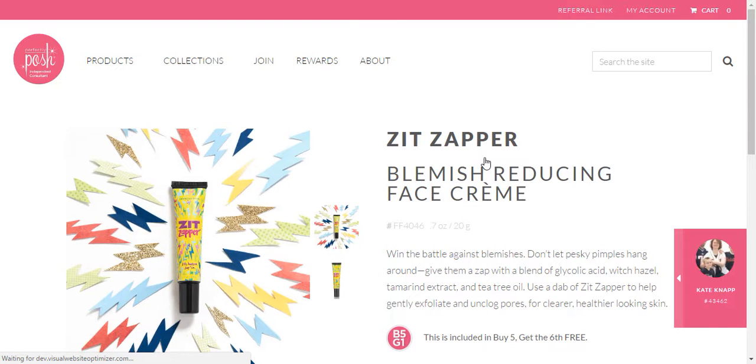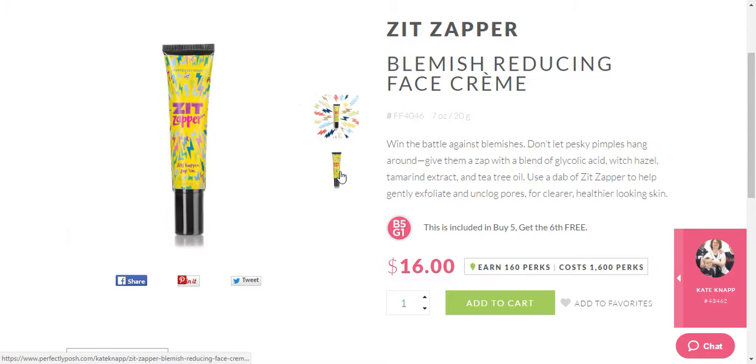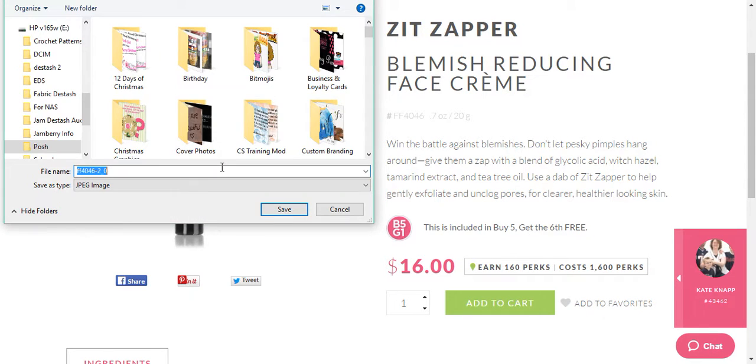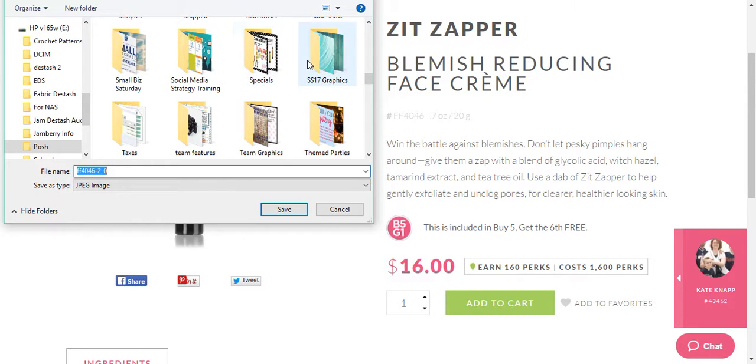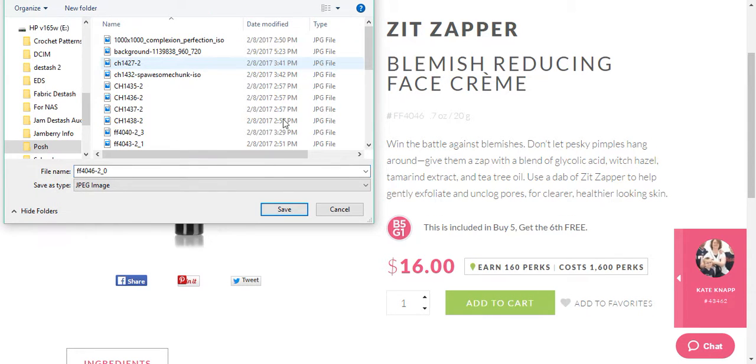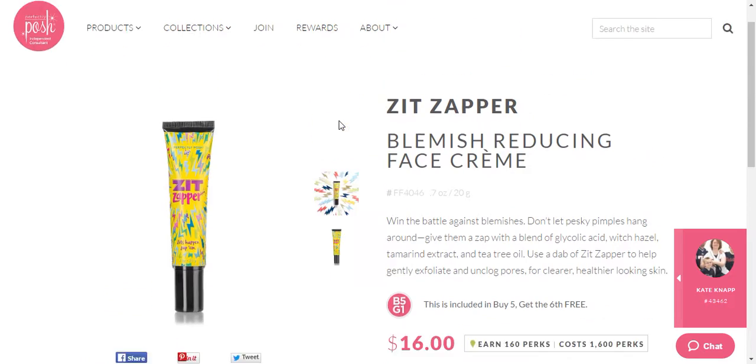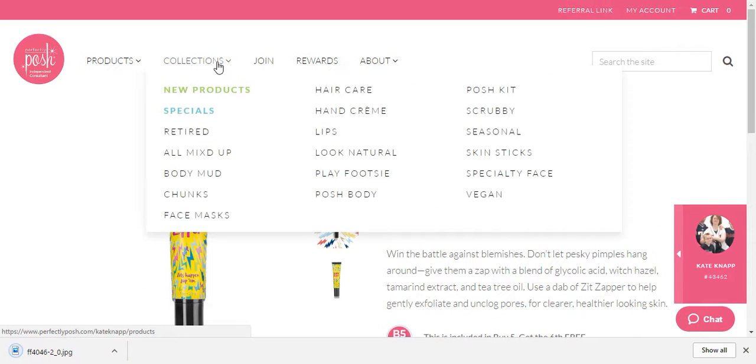Click on the product to open it up. And we have these cute graphics. I just want the plain one with the white background. So I click on that and then I just right click and save it. Now I have a special folder in my graphics for our spring summer products. And I'm going to save that. Now while I'm here, I might as well go ahead and grab the